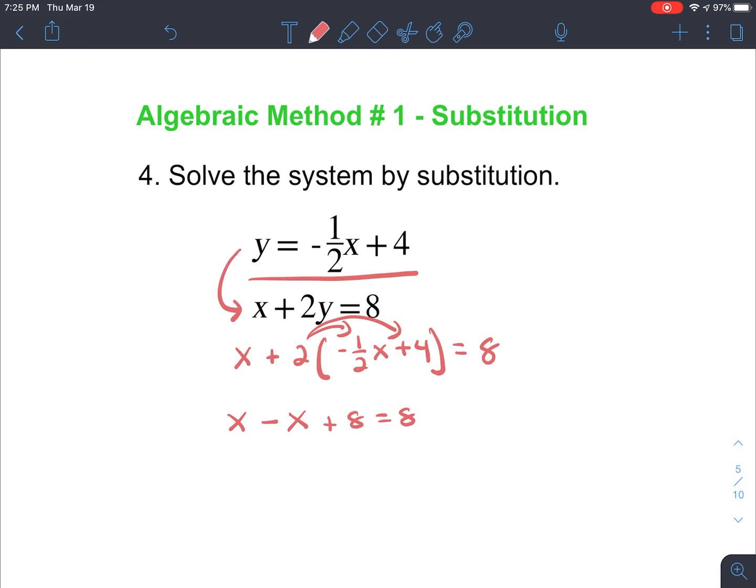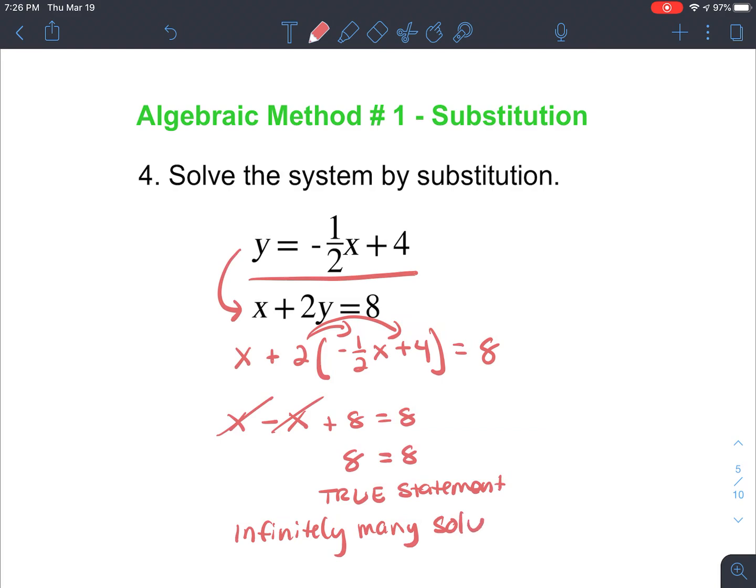to 8. So again, we have that situation when we go to combine our like terms, the x's are going to cancel out. But this time, they cancel out and we get 8 is equal to 8, which is a true statement. Which means no matter what values for x I plug in, I will always get a true statement. That means that I have infinitely